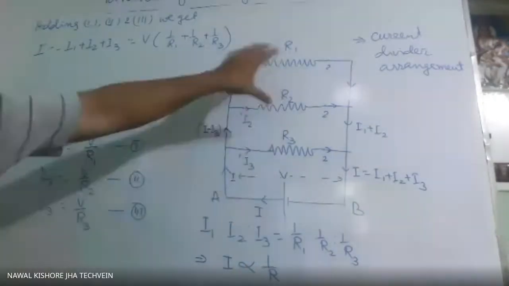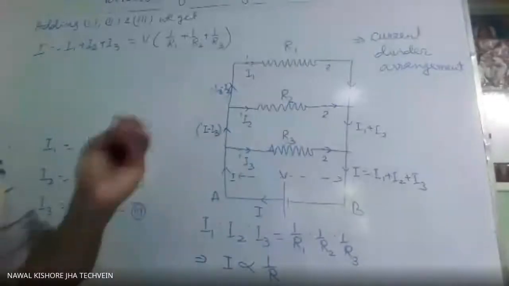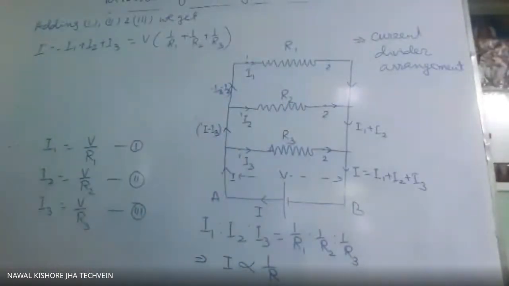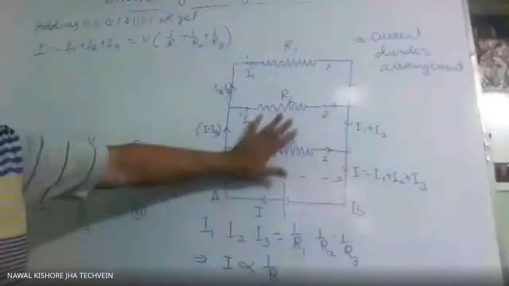Now, in place of this group, if we want to use only one resistance, what should be the condition? Yesterday we have done that for an equivalent, if we want to use only one resistance, then that resistance must draw the same current from the same source, which this group is drawing. So for equivalent resistance, what will be?